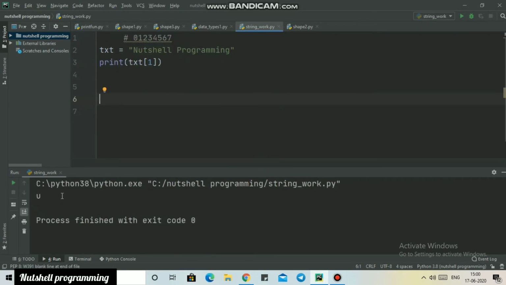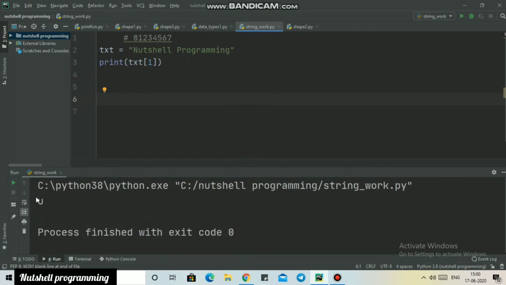Okay, you can see u is our output because I have changed the index and I'm using 1 right now. So u has been printed. Now I'm going to use some more functions. I'm going to just remove this index function right now,